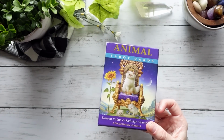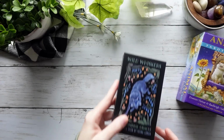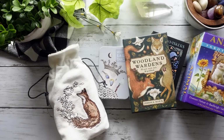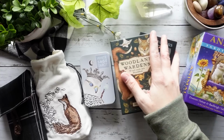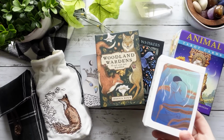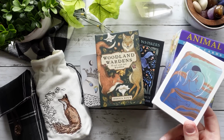All right, so let's go through and see how many animal decks I actually had. We had the Animal Tarot, the Wild Whiskers, the White Sage, the Woodland Wardens, the Oak, Ash, and Thorn, and the Northern Animal. Those were all of the animal decks I selected for my collection to be my cute and adorable decks. So apparently, adorable animals is where it's at for me. I do think the artwork in the Gentle Tarot is super cute, and it also has animals, so